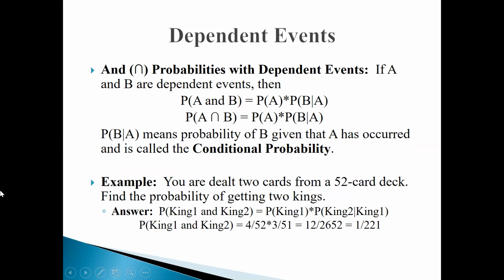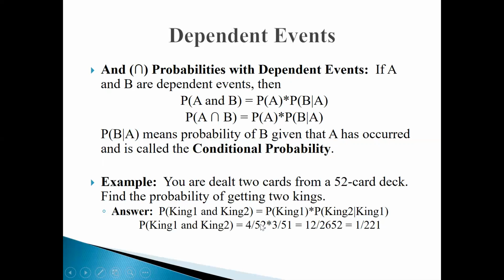For example, if you're dealt 2 cards from a 52 card deck, find the probability of getting 2 kings. So we're going to find the probability of getting king 1 and king 2, so we have to differentiate them. What is that going to be? It's the probability of king 1 times the probability of king 2 given king 1. What is the probability of king 1? There are 4 kings out of 52 cards in a deck. So the probability of king 1 is going to be 4